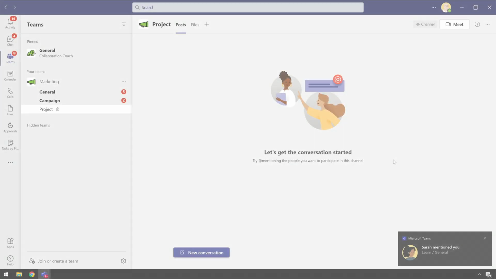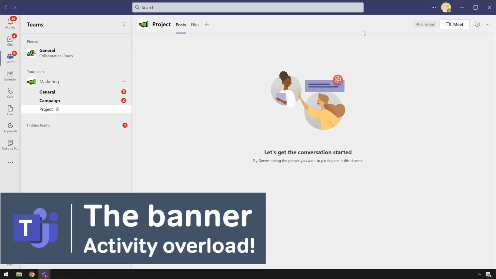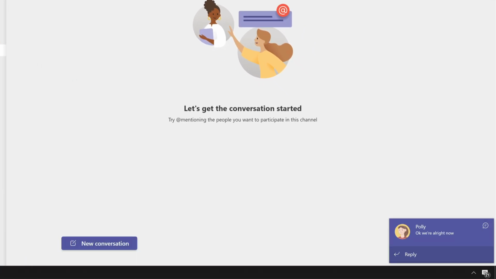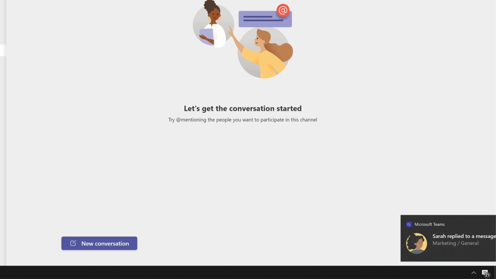First of all, let's talk about what types of notification we have in Teams. There are two, the banner and the feed. The most irritating is the banner, so let's start there. The banner pops up on the right hand side of your desktop to notify you that something has happened in Teams. Banners can be from Teams, which are the purple ones, or they can use the Windows or Mac notification system. Both banner types have their own distinctly annoying sound.